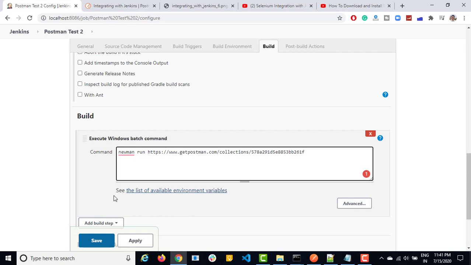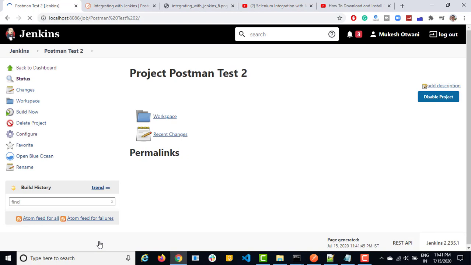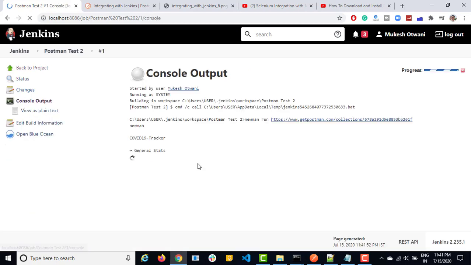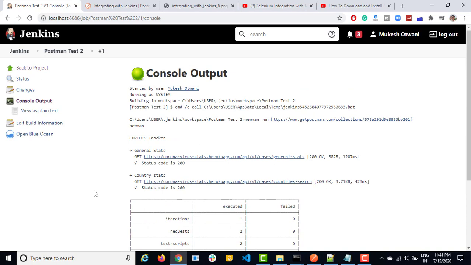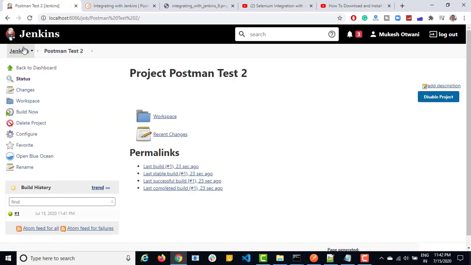So now automatically Jenkins will run this Postman collection. Okay, so in this case let me just build it now. Yeah, it's running fine. Again, with the help of Newman we are able to run it. So Newman is very powerful when it comes to running the collection either from CLI or from Jenkins or from Docker, even from any other CI tool as well, right? Now this is what I have.